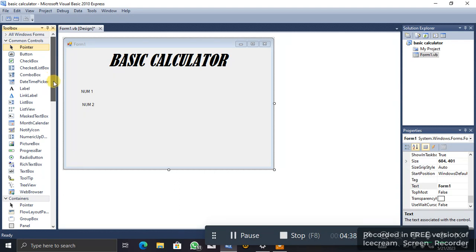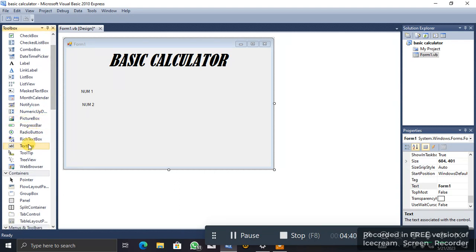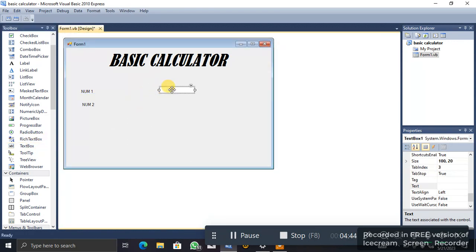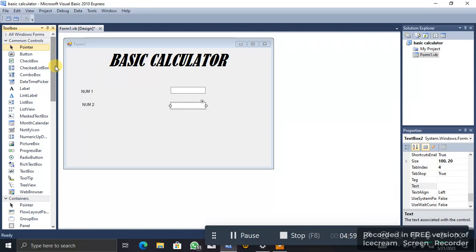Here you can scroll and you see this is a text box. You drag it and drop it here. Make sure it looks a little bit nice. Then drag another text box for num2, and place it here exactly like this. Then now after these labels and text